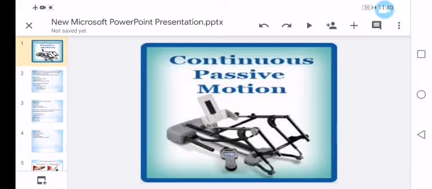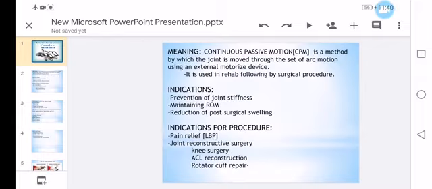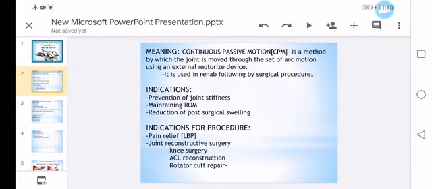Yes, going to its definition, its meaning: continuous passive motion is a method by which the joint is moved through a set arc of motion using an external motorized device. It is used in rehab following a surgical procedure, and indicated for any joint stiffness and to